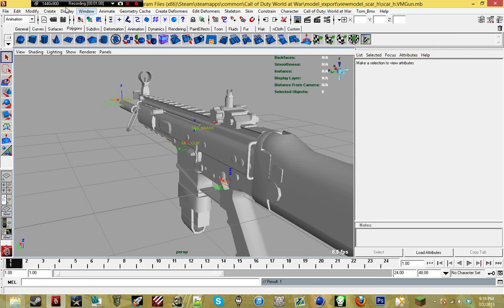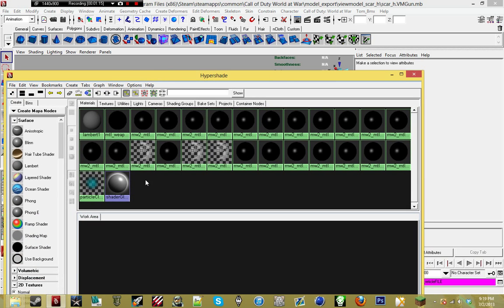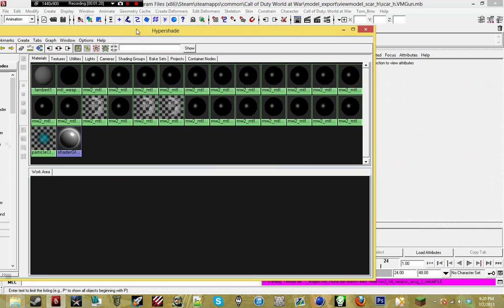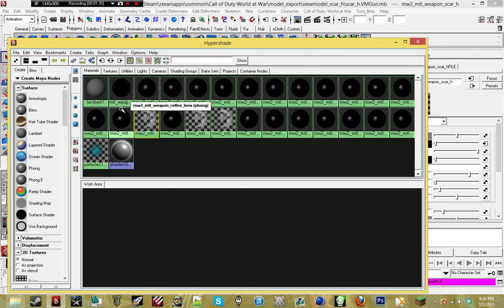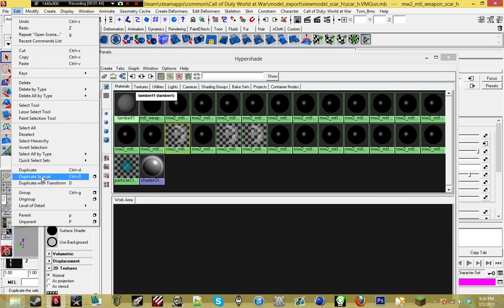So really this tutorial depends on the materials that you've got for the gun. If you're doing a Black Ops gun, you're going to have a bunch of materials, and you'll find one that's like material, weapon, weapon name, and then material, weapon, weapon name, underscore plastic. You can choose which one you're going to apply the texture to. But because I do not have a plastic material on this gun, I'm going to need to duplicate the normal material. To do that, we're just going to select it, go to Edit, Duplicate,